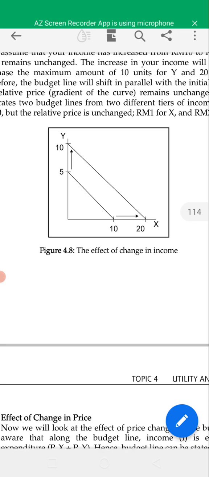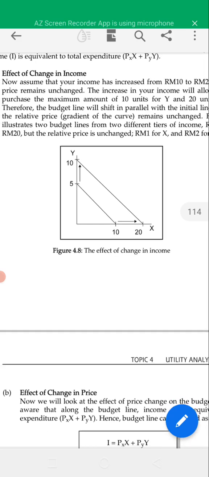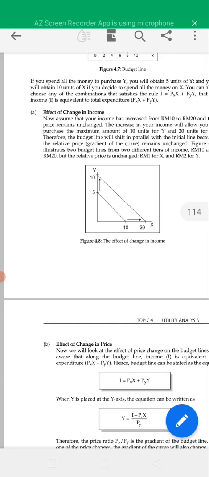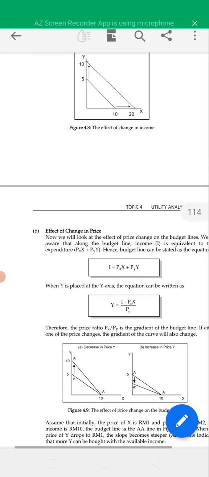When income increases, the budget line shifts parallel to the initial budget line. That's how you show the effect of a change in income. When income changes, the budget line will shift parallel to the previous budget line. So that's how you show the change. Okay? And I hope that is okay. Now,